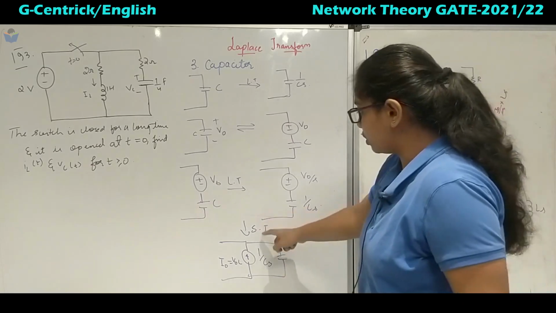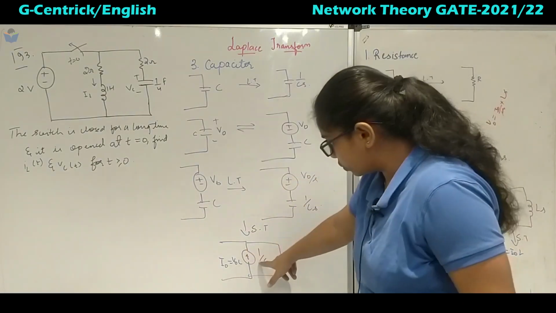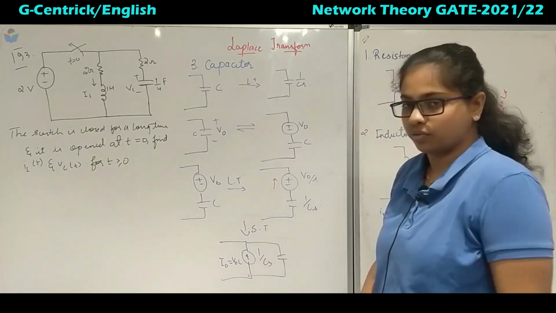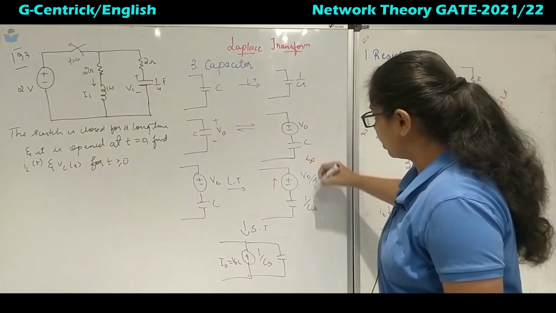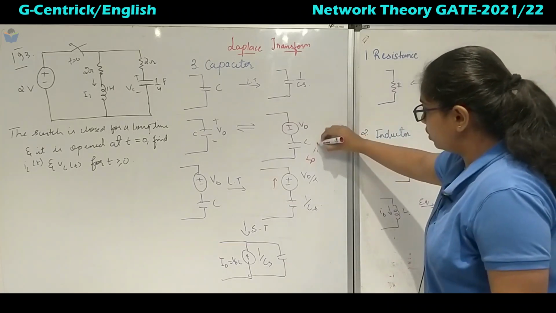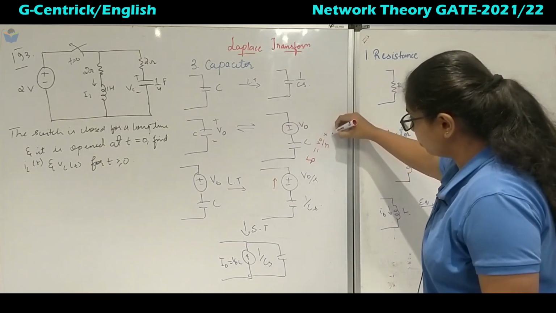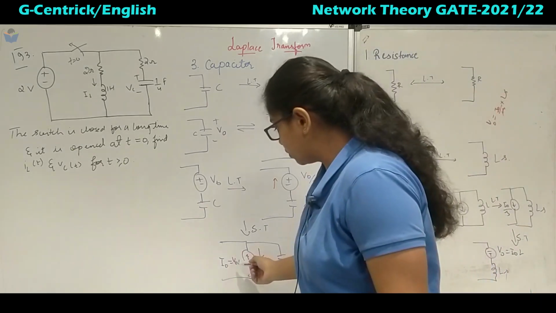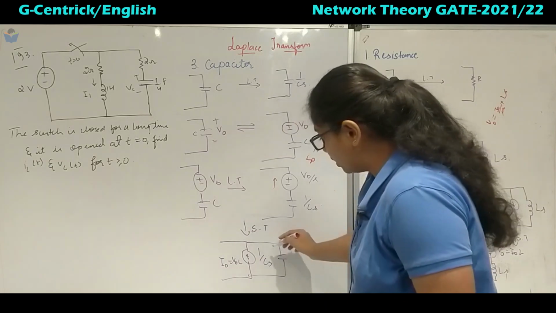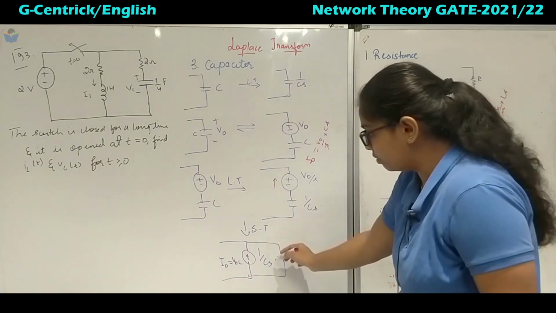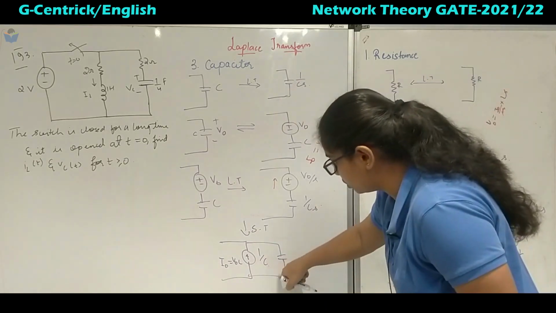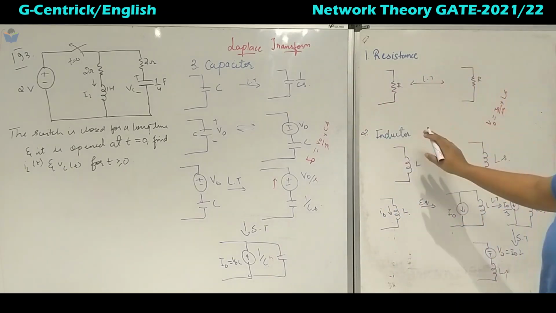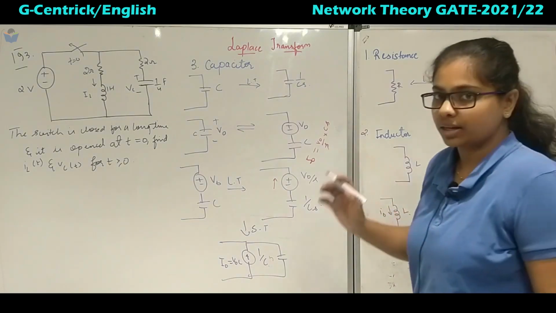Again, if you take the source transformation, the voltage source will be converted to a current source. See the direction, it is upward, so here also the current direction will be upward. For the calculation of I0, it is V0 divided by S divided by 1 by Cs. When it goes up, it will be C. So our value of current source will be V0 times C, and the capacitor will be connected in parallel with 1 over Cs. So this is about the Laplace transform for these three fundamental elements.